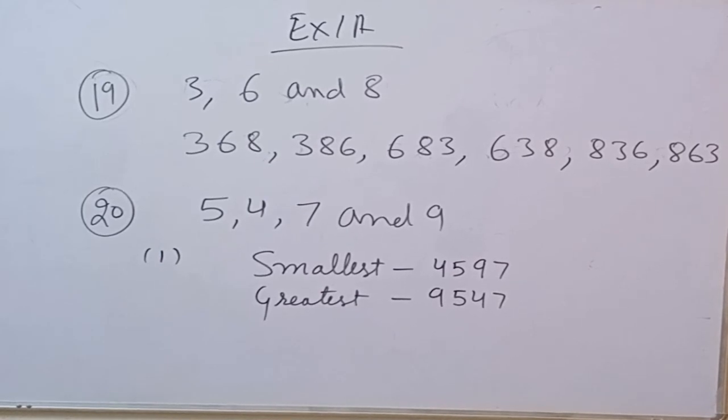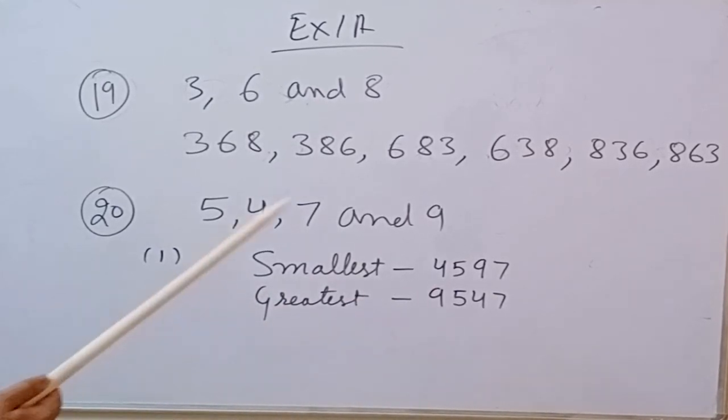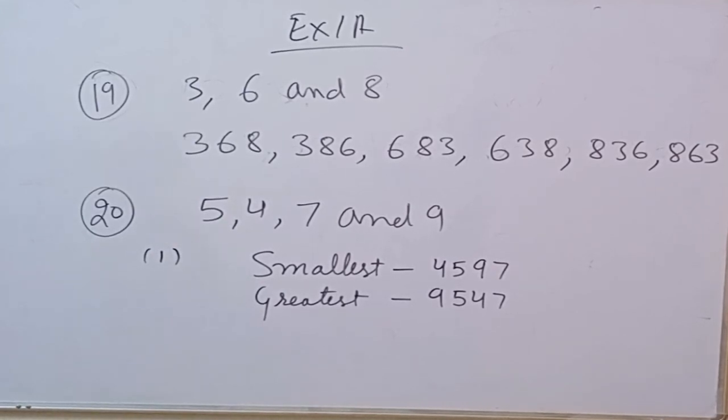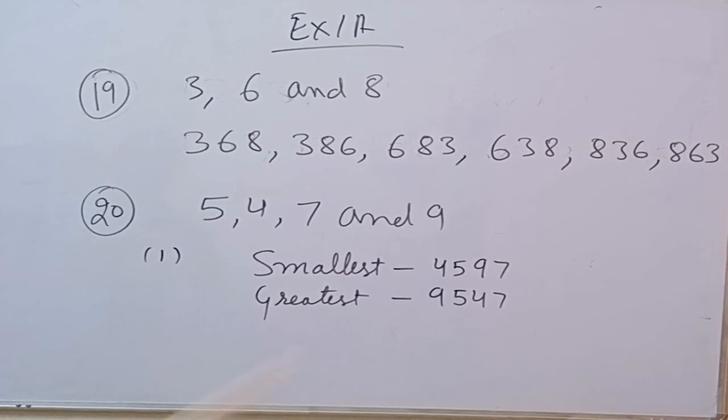Next question is 19, in which we have to form the smallest and greatest number using the digits 5, 4, 7 and 9 with a condition. In the first part, the condition is that 7 is at the unit place. Unit place means the first place counting from the right side. So first write the 7, and then we write the smallest number using the digits 5, 4 and 9. The smallest number using the digits 5, 4, 9 will be 459. So write down 459 and the 7 at the unit place.